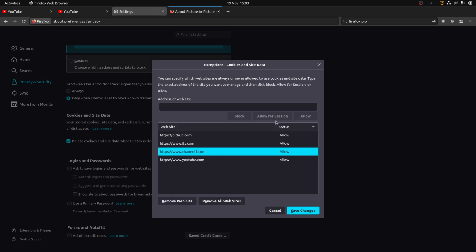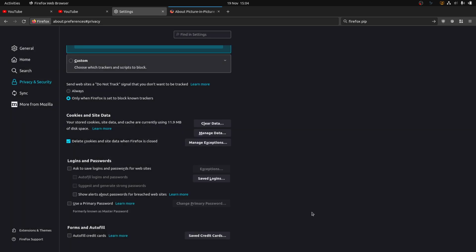Doesn't look like you can change them once you've added them, so you actually have to remove it and re-add it. So you can put in something, a block or allow for session or allow. This will just basically keep the cookies so that we're always logged in. So that's the settings for